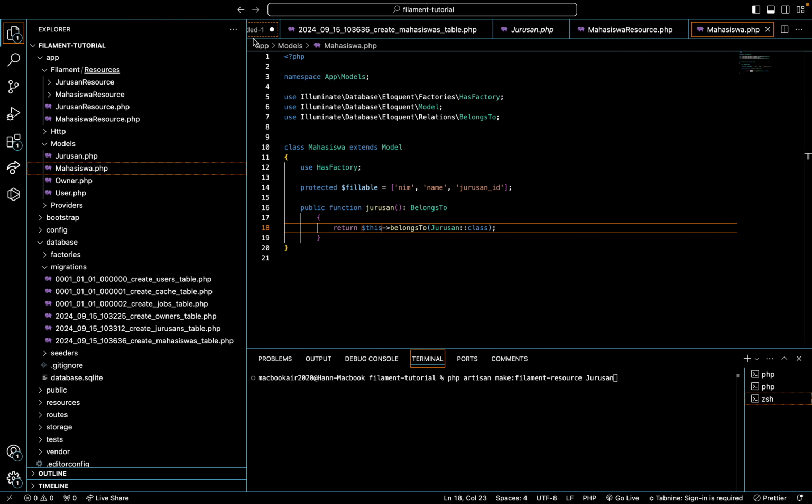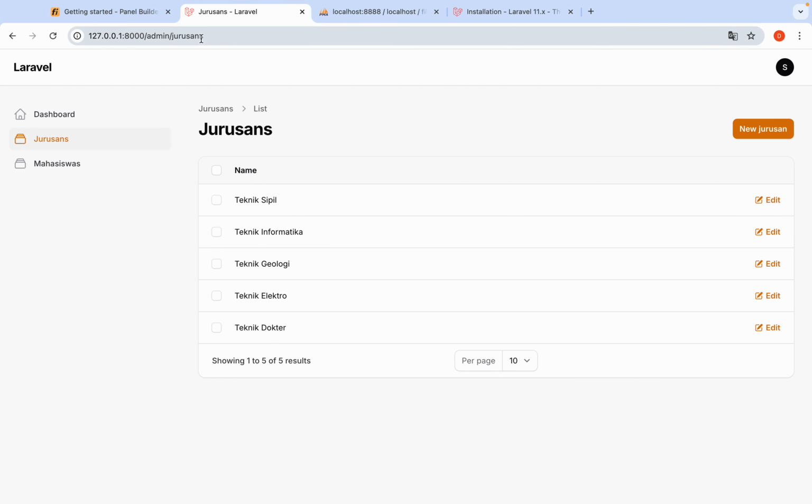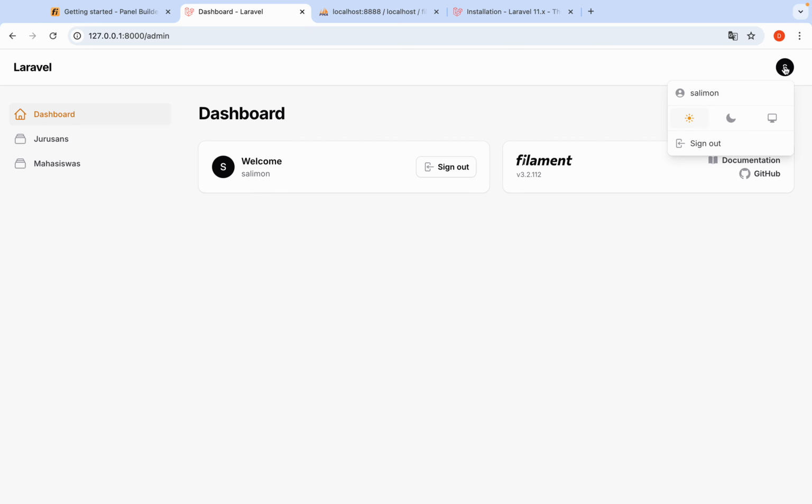When you enter this, you should not be surprised, because Laravel makes everything for me, like the dashboard and the night mode.